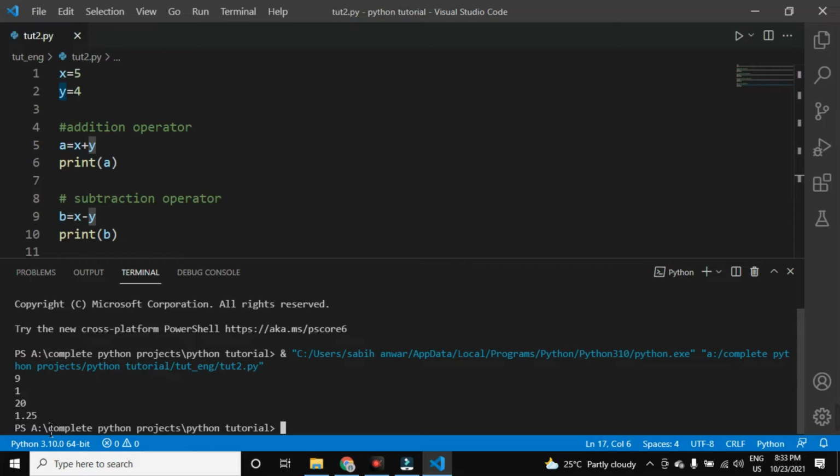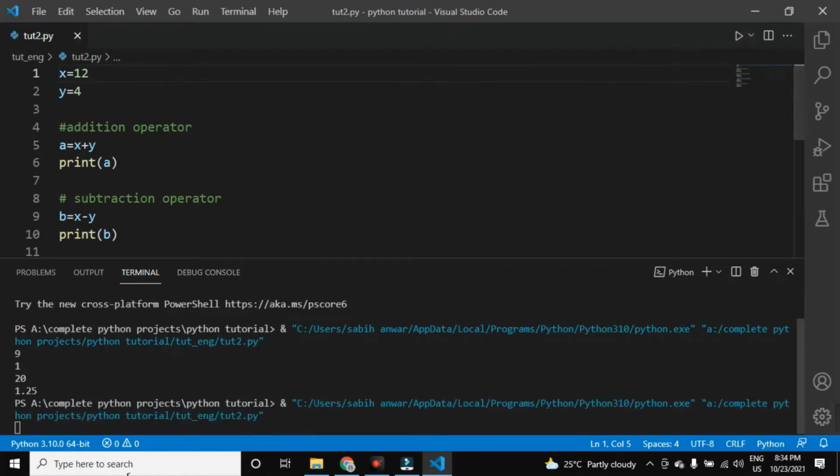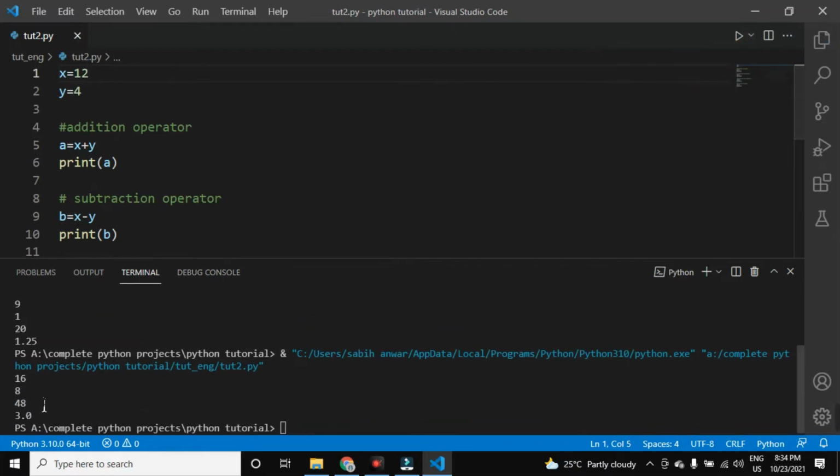No. In Python, if you divide any number by any number, if it has a remainder, it has a quotient, no problem. It is not necessary that the result is in decimal form when it divides evenly, and I will show it over here. Let us assume x is equal to 12 and y is equal to 4. So what is the result? See it over here. 12 plus 4 is 16, 12 minus 4 is 8, 12 into 4 is 48.